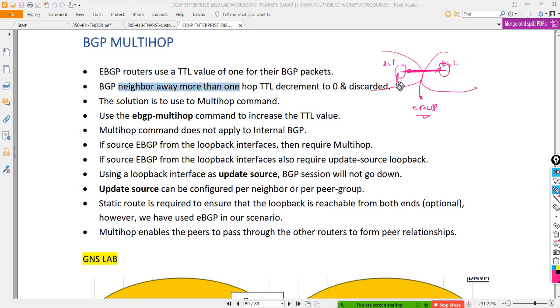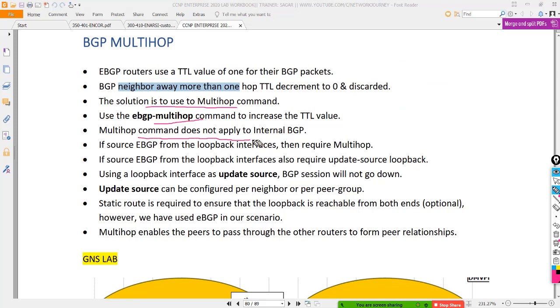But let's say I want to bring my loopbacks up to have an eBGP relationship. Now my multihop has to be taken care of. I'll show you this. So the solution is multihop. Use this command.